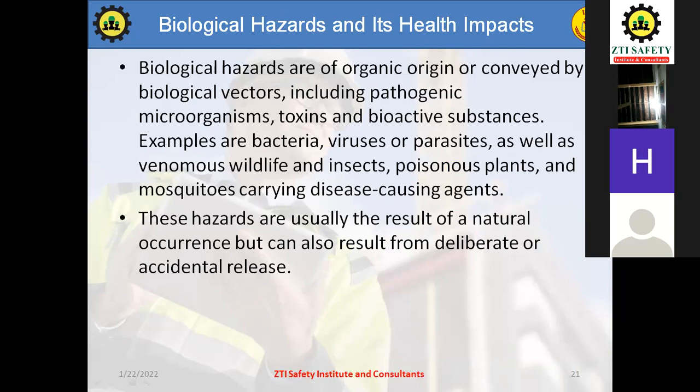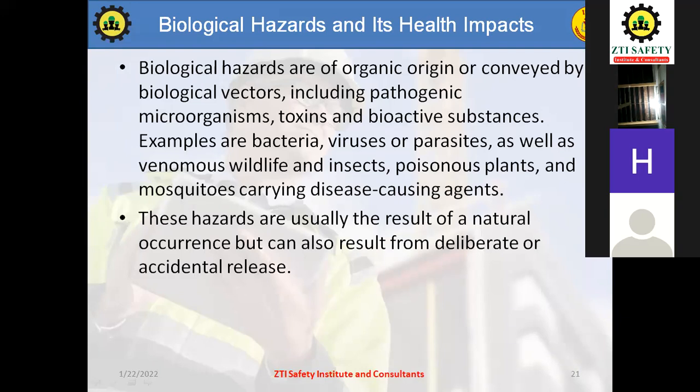Then we have biological hazards of organic origin or conveyed by biological vectors, including pathogen microorganisms, toxins, and bioactive substances. Examples are bacteria, viruses, and parasites, as well as venomous wildlife and insects, poisonous plants, and mosquitoes carrying disease-causing agents. Mosquitoes carry diseases such as malaria and cerebral malaria, which are most common in countries in Africa, and the venomous